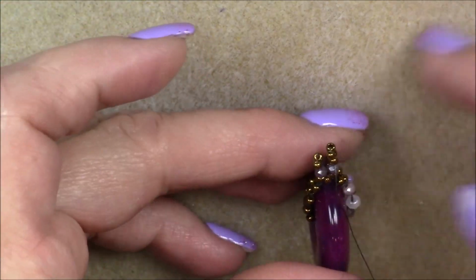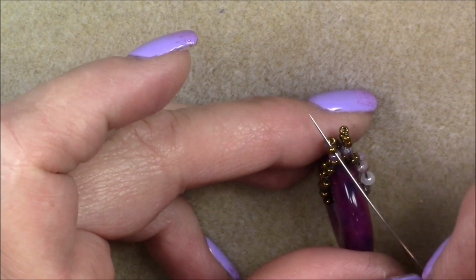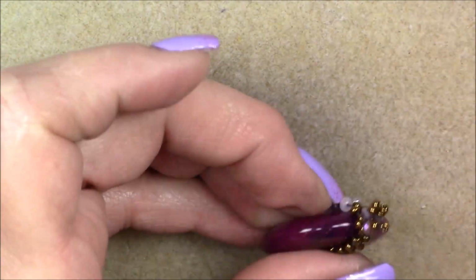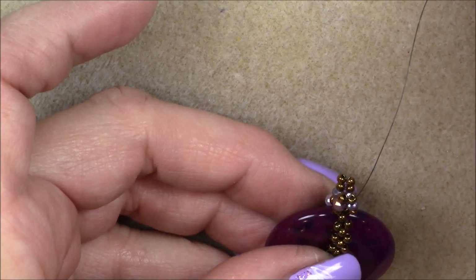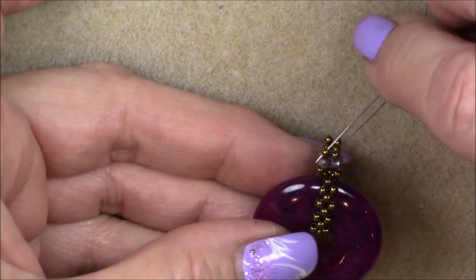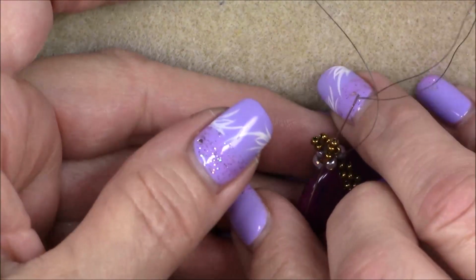Turn your piece, cross over into the 11-0, go underneath it and up through it on this side. That will connect the side together. And then pick up two 11-0 seed beads, come down through this 11-0 on this side, straight down into it, pull your two beads down,